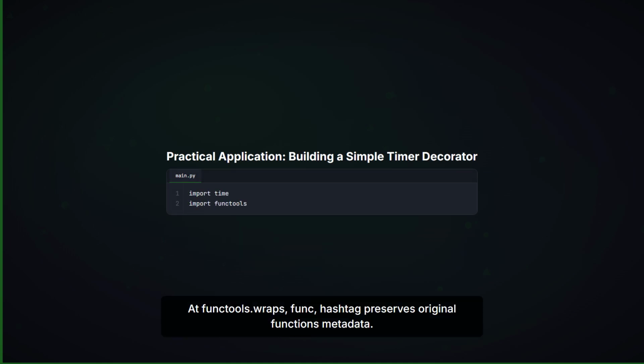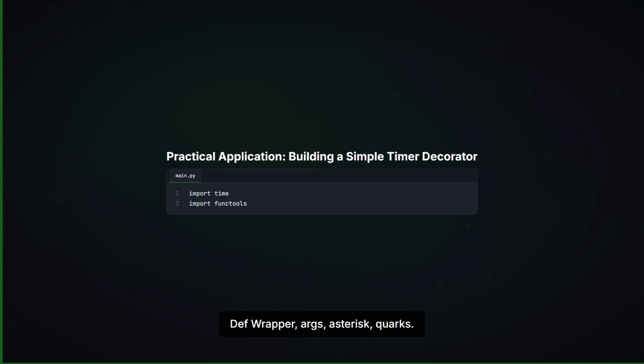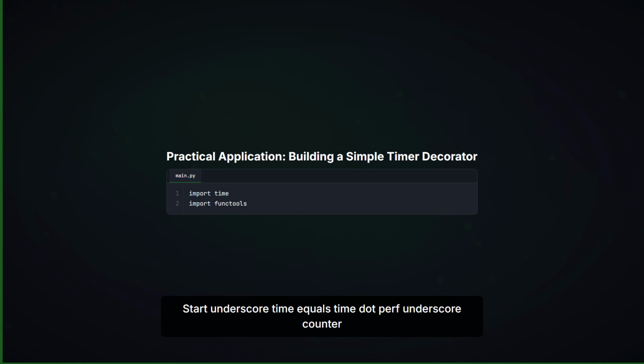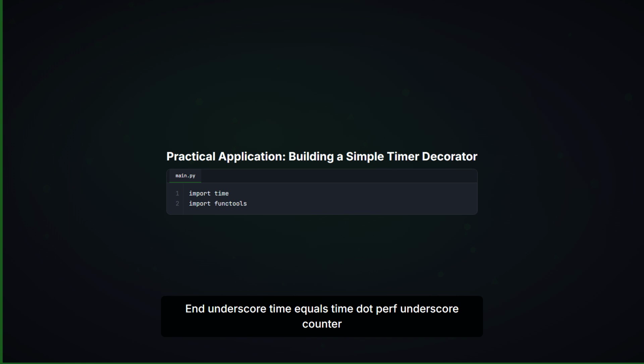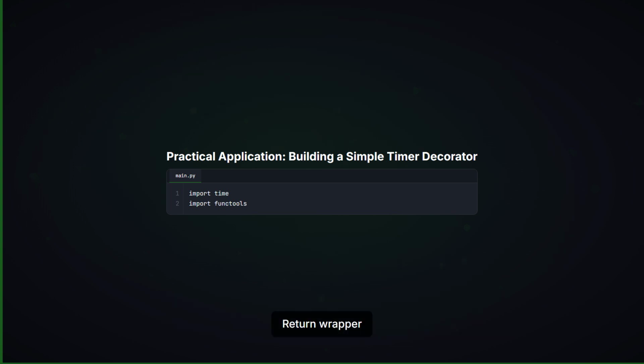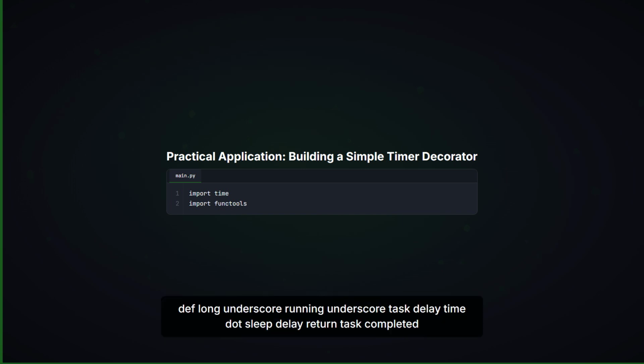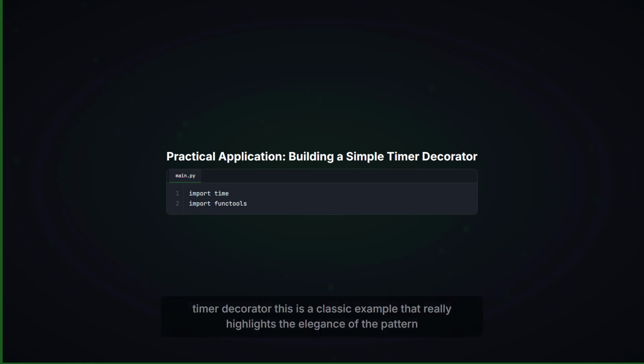def timer(func): @functools.wraps(func) # preserves original function's metadata. def wrapper(*args, **kwargs): start_time = time.perf_counter() result = func(*args, **kwargs) end_time = time.perf_counter() run_time = end_time - start_time print(f"Finished {func.__name__!r} in {run_time:.4f} secs") return result return wrapper @timer def long_running_task(delay): time.sleep(delay) return "Task completed" print(long_running_task(2))